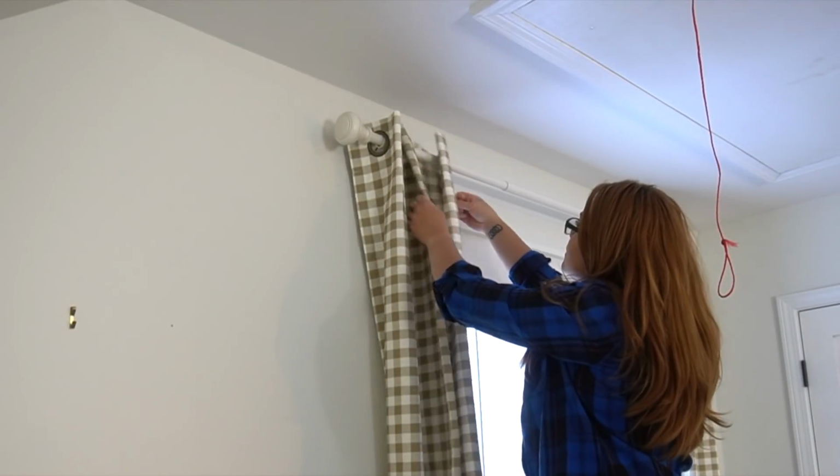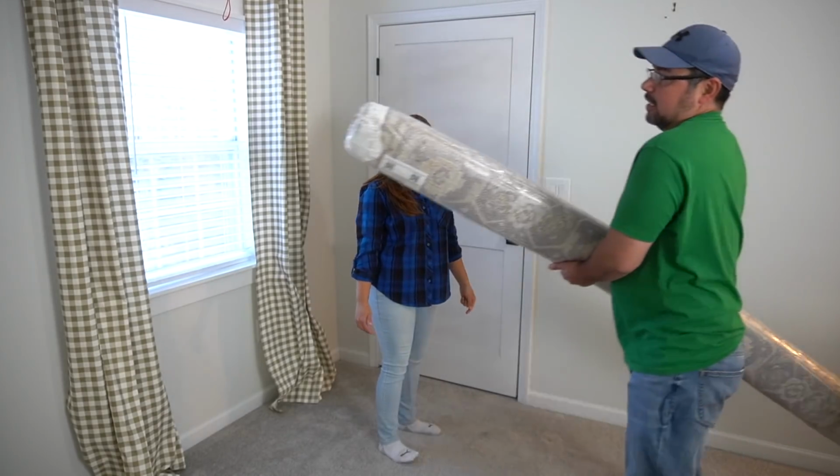Now, before I brought anything into the space, the first thing I did was lay down an area rug to